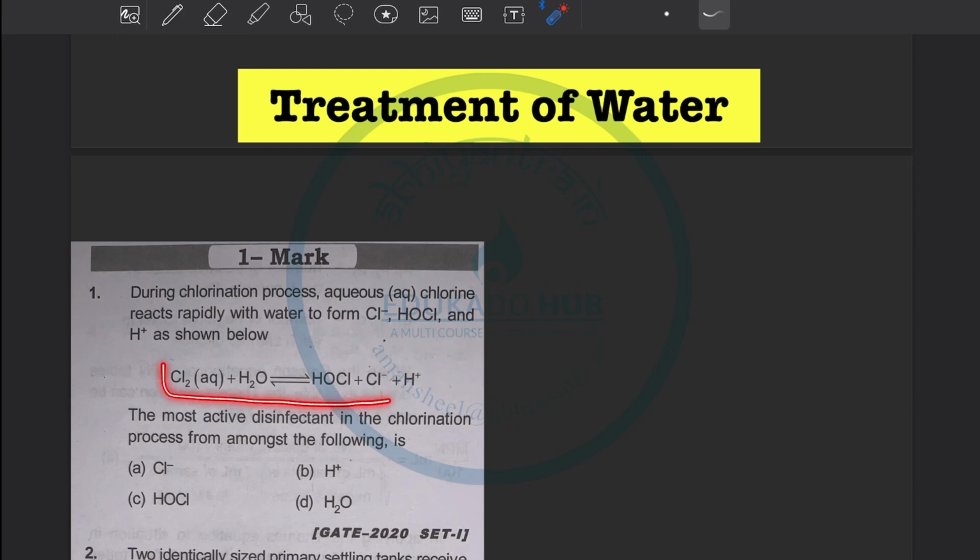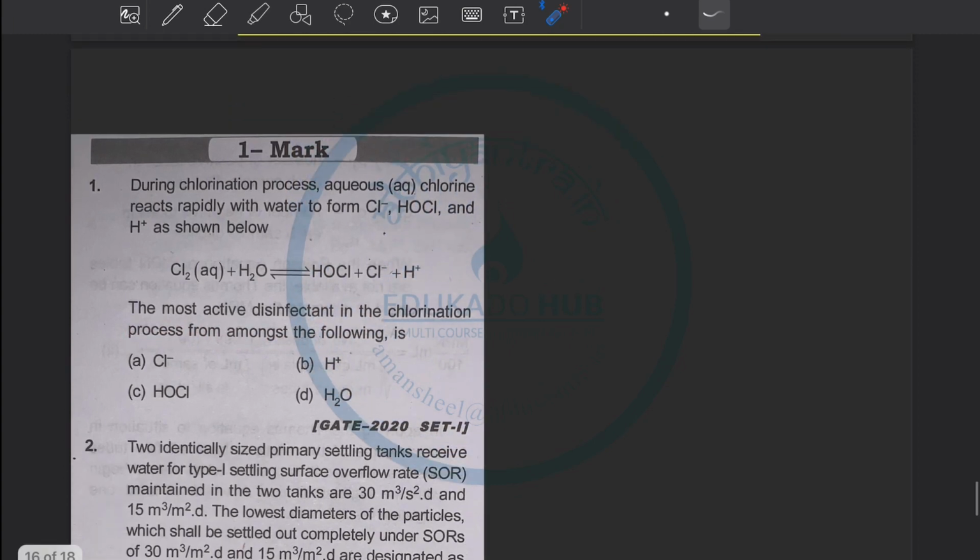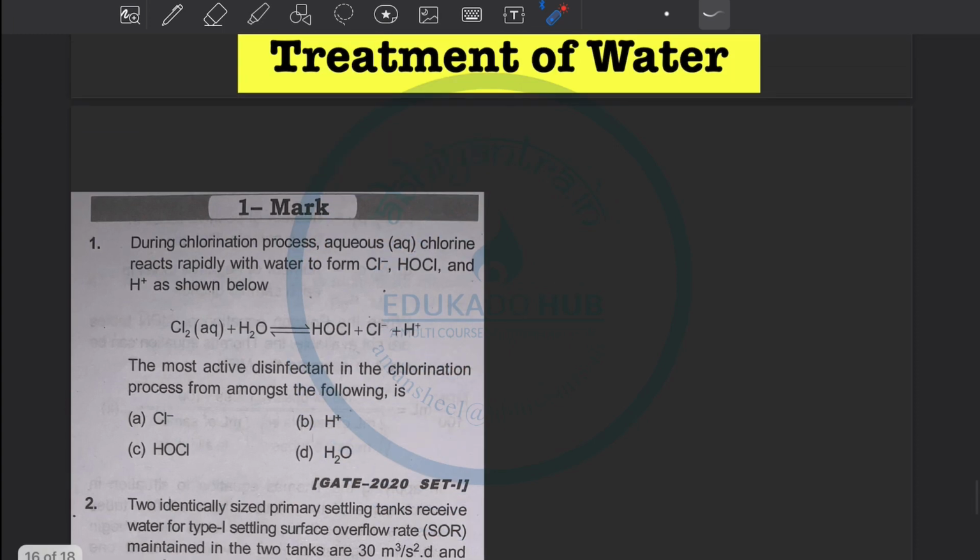This is the reaction. The most active disinfectant in chlorination process from amongst the following is, we have to tell which one is the most active disinfectant. So first of all,